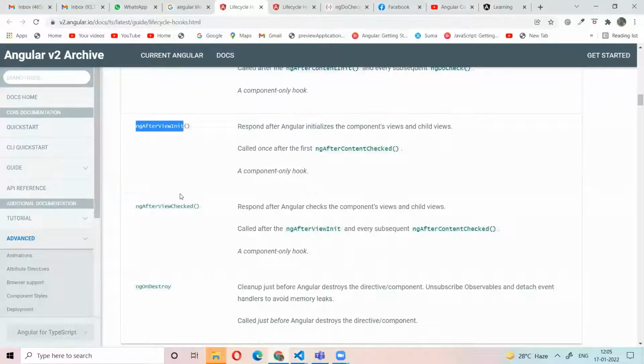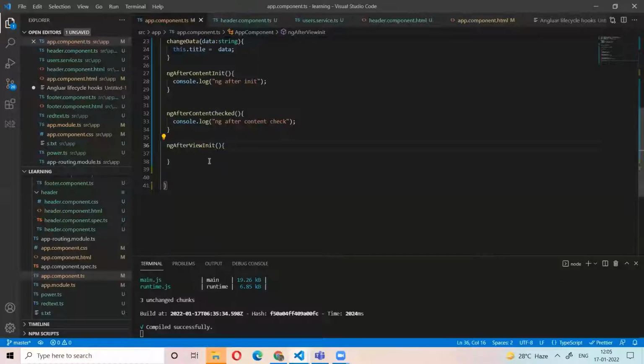So ngAfterViewInit. What is the difference between ngAfterContentInit and ngAfterViewInit?